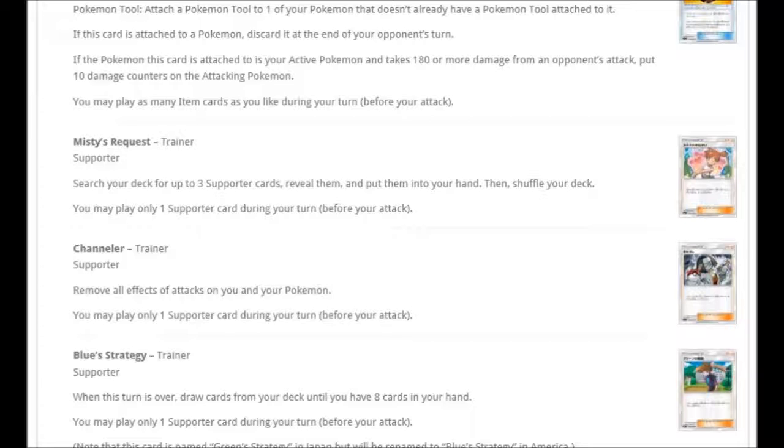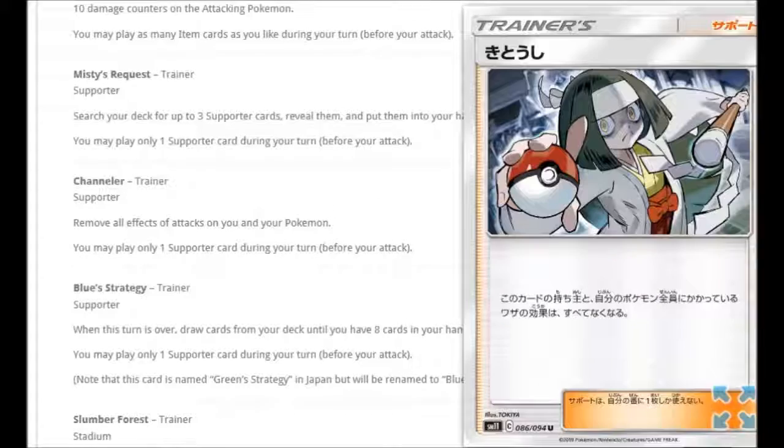You then have the Lapras to get this back, so you basically use this, get 3, use Lapras, get this back, that's 4. And then you have 4 supporters in hand, as much as you want to get rid of them. But you've got a way of getting Misty back into your hand. So it's pretty nice. We then also have a Channeler,